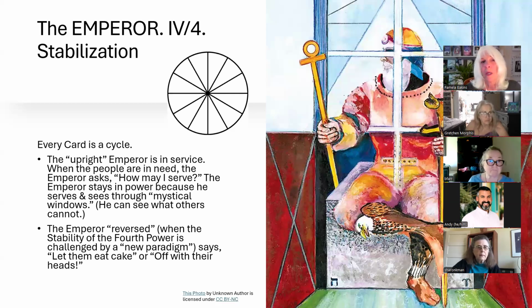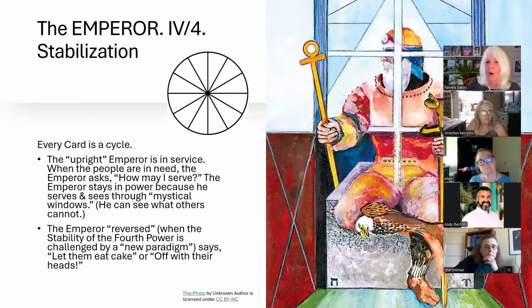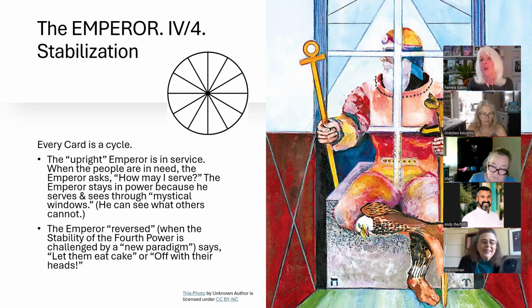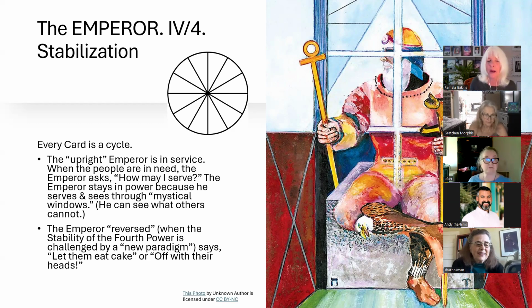So the emperor is the epitome of the power of stabilization in the tarot deck, and yet every card is a cycle. So what happens is the upright emperor, or the emperor who just comes into power, usually is in service, or we could even say the good emperor. The good emperor is in service. When the people come in need and they're yelling and they're screaming, the good emperor asks, "How may I serve?" and listens. And then the emperor stays in power